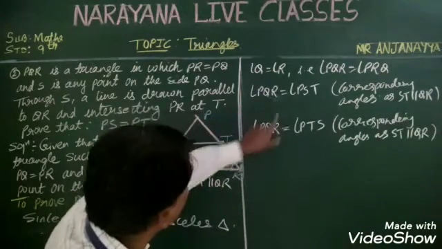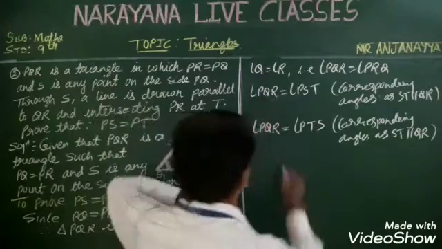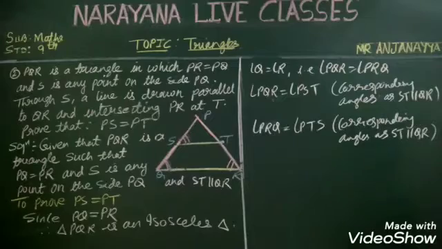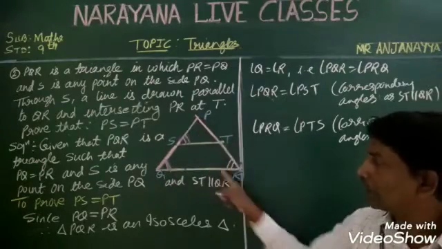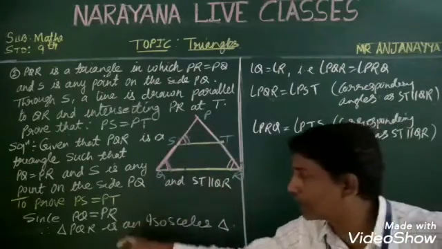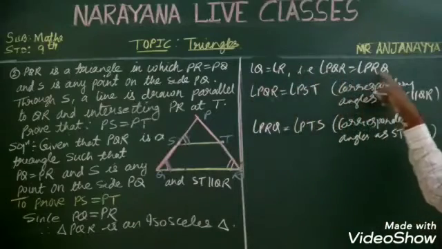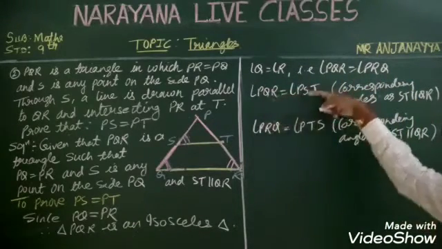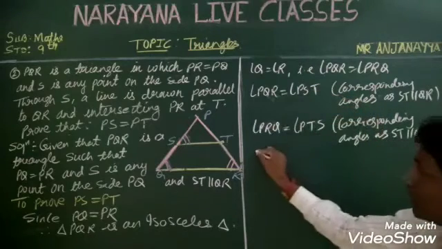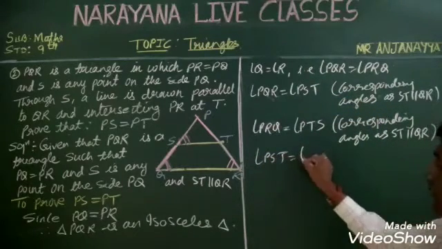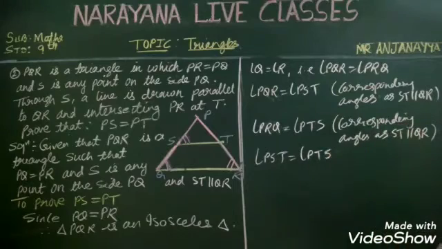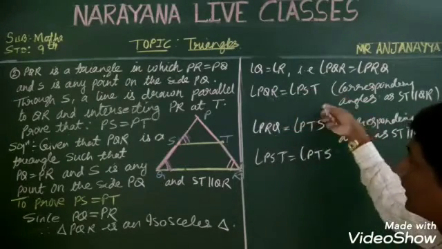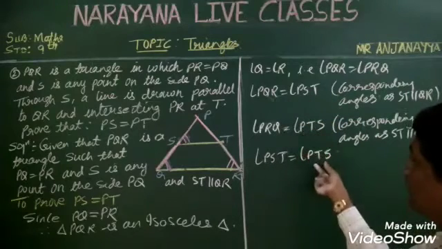Now if you see, PQR is equal to PRQ, we have already proved over here. PQR is equal to PRQ, so your LHS is equal, so RHS will be also equal. So I can say PST is equal to PTS. These two are equal, so these two will be also equal, so PST is equal to PTS.